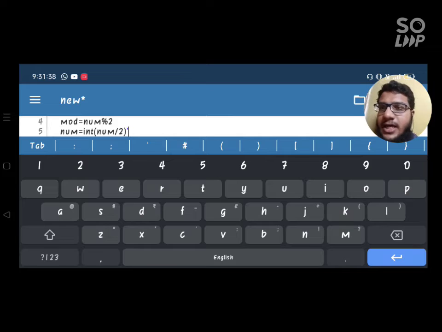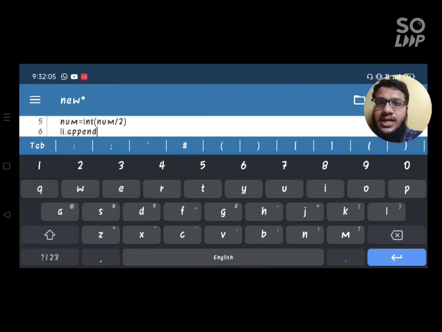So the value will be divided, and then I will be using the append function. Whatever the mod value will be, I will just append that. So I will type here li dot append.